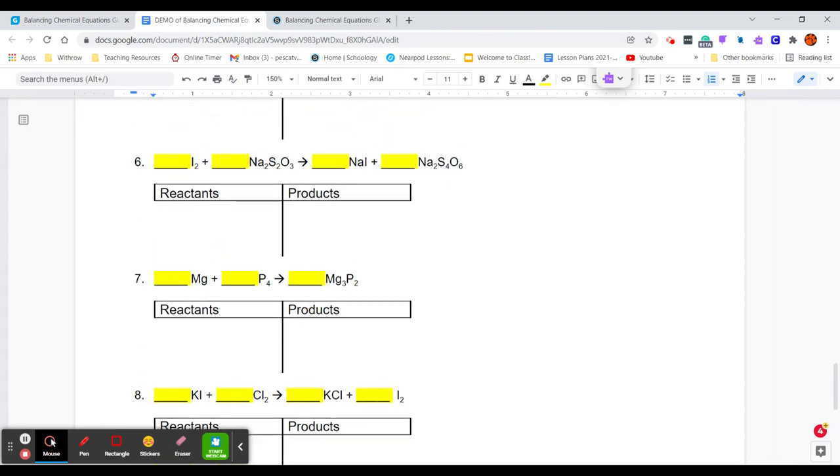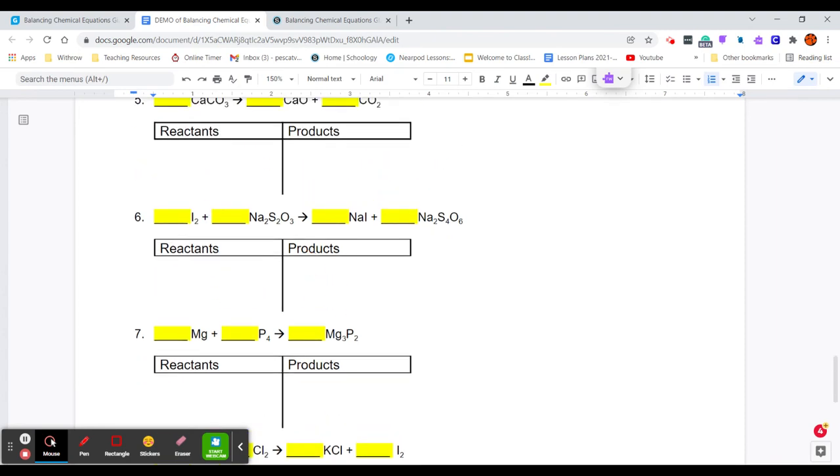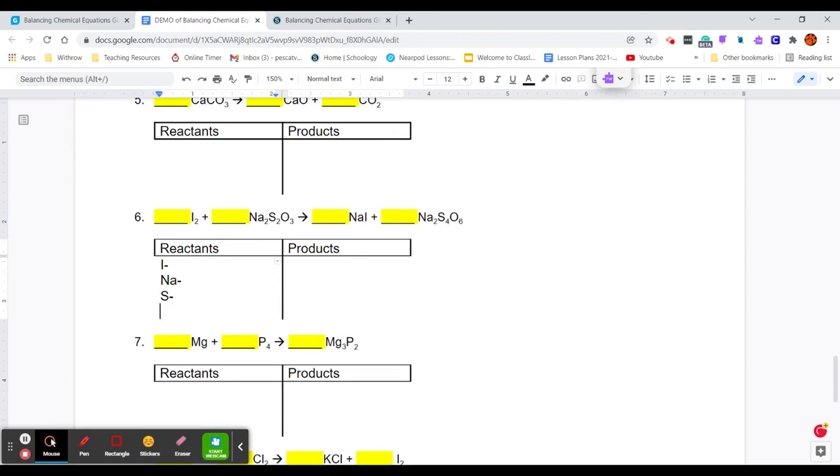Let's see. All right, this number 6 looks ugly, so I'll try that one out. All right, so I list out everything I see. So I see an I symbol, I see an Na symbol, I see an S symbol, and I see an O symbol. Now again, don't worry about the subscripts at first. List every element you see, I and Na, S and O, and then where the arrow goes, that's when you stop. So I'm going to highlight this,